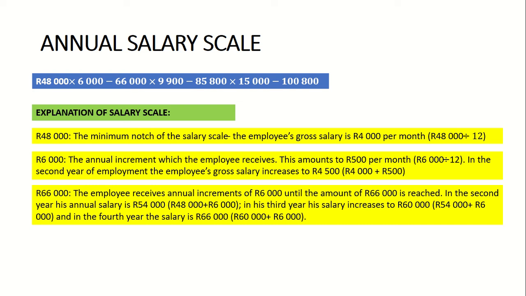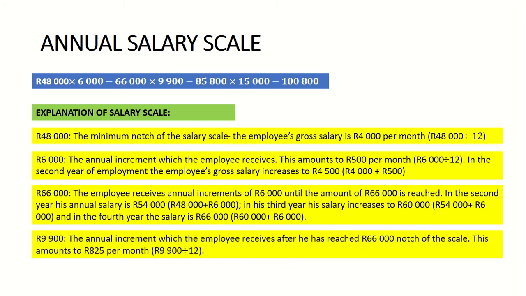This is what I'm simply trying to explain to you, that your salary will increase annually until it reaches 66,000 rand. But immediately it reaches 66,000 rand, the annual increments will change from 6,000 rand to 9,900, meaning that you will no longer get an increment of 500 per month. You will now get an increment of 825 per month